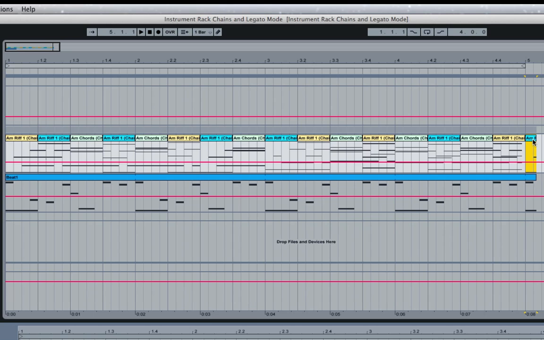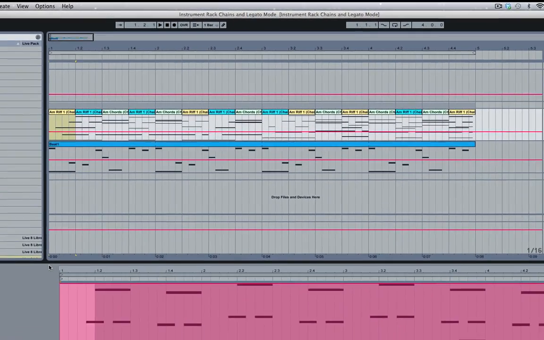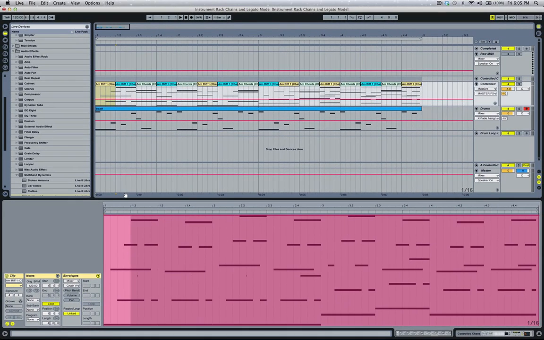Cool. Check that out. I just arranged some pretty hot stuff right there and really didn't do much except figure out a trick. So now that we have all these clips that are actually MIDI data, we can go in and we can automate a bunch of things. So basically, we go to our clip envelopes